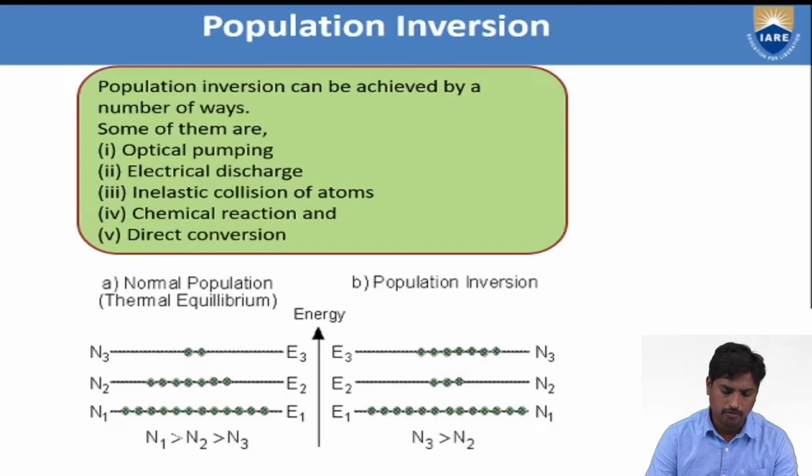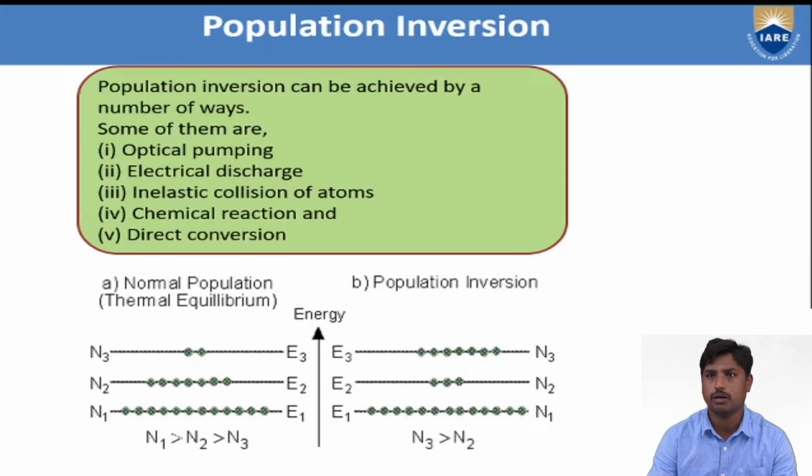For example, optical pumping is used in the ruby laser. A xenon flash lamp is used for optical pumping in the ruby laser. Using that xenon flash tube, chromium particles are excited from the ground state to the higher energy state. By exciting the particles from the ground state to the higher energy state, we achieve population inversion. Population inversion is when the number of atoms in the excited state is greater than in the lower energy state.